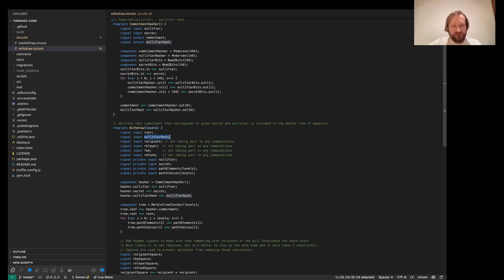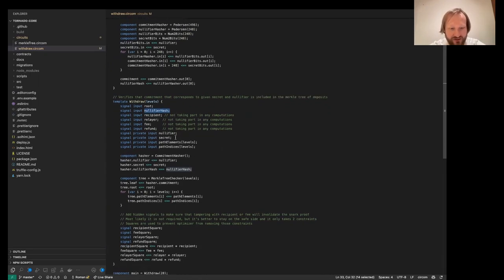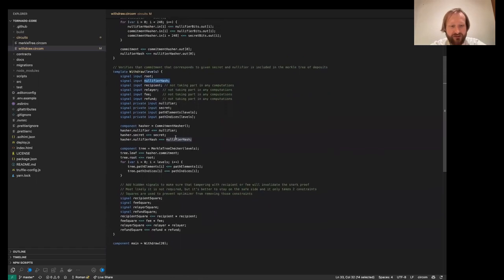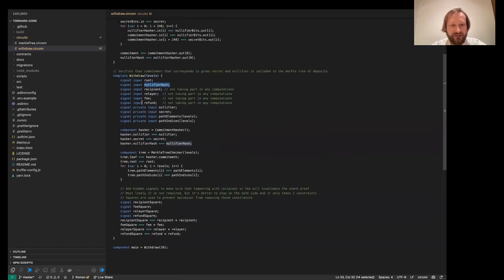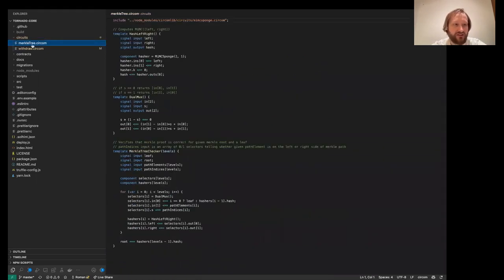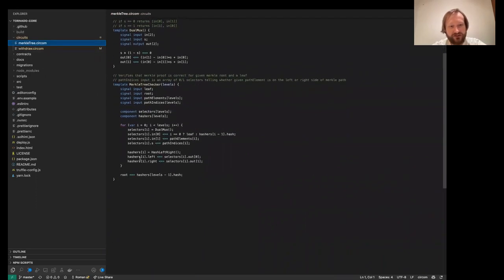But if the contract hasn't seen this nullifier hash before, that means this user tries to withdraw this note for the first time, so it gives the user the money. So this is basically all the logic, and this is just like a regular Merkle tree circuit.